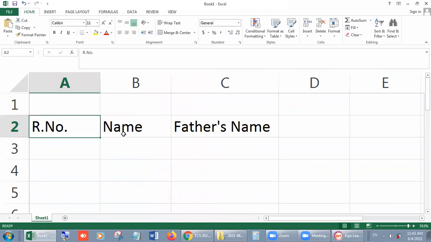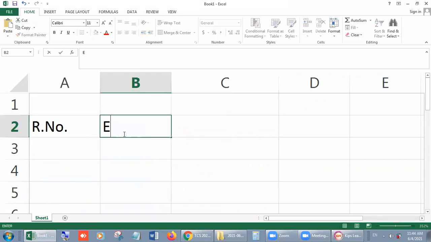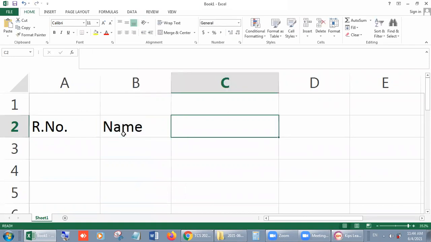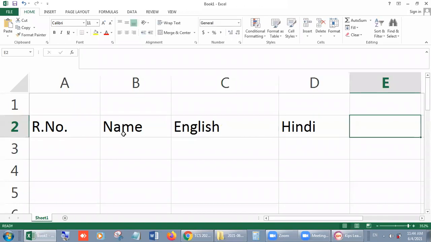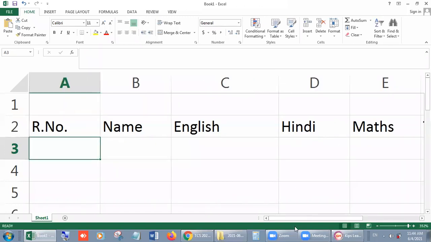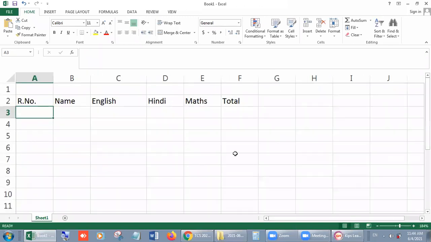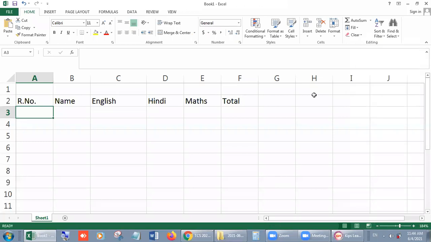Let's write something. Look beta, rule number 1, entering is very simple.